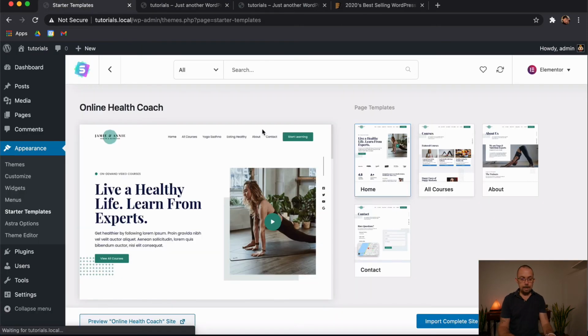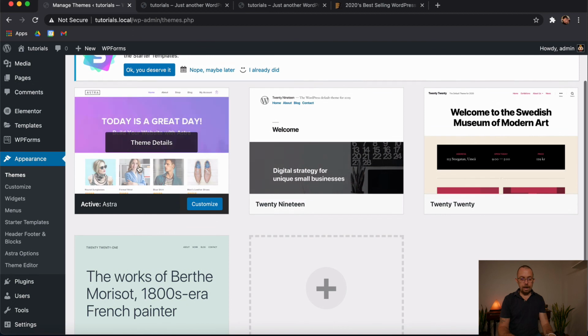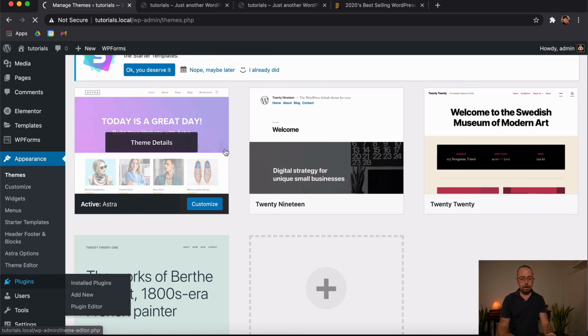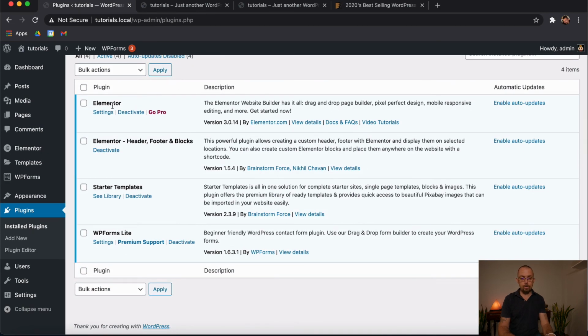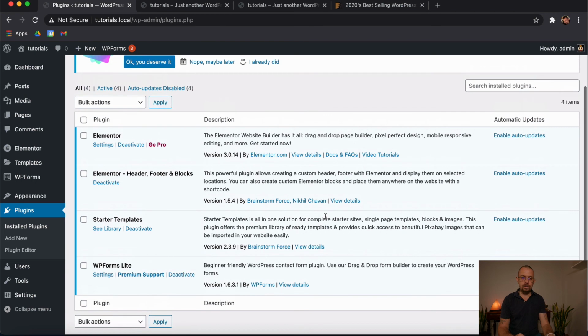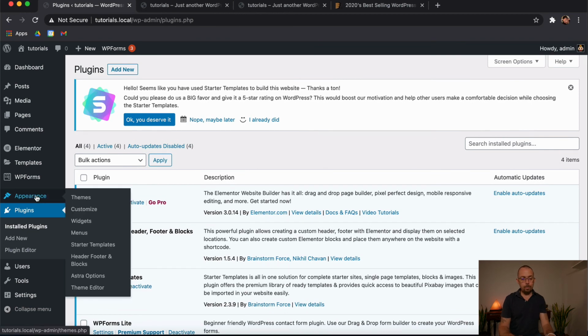And when we close that down now and actually come to our themes, you'll notice that the theme is now displayed as active. This is the Astra. And if we come to our plugins, you'll see that a few extra plugins have been added. We've got an Elementor header and footer, and WPForms Lite, which is included in the starter package. This is a plugin that allows us to send contact forms, things like that. So that's how you use the themes. That's how you come under Appearance, Themes.